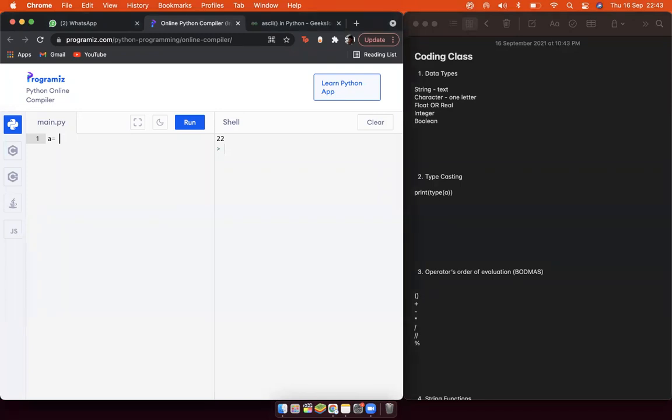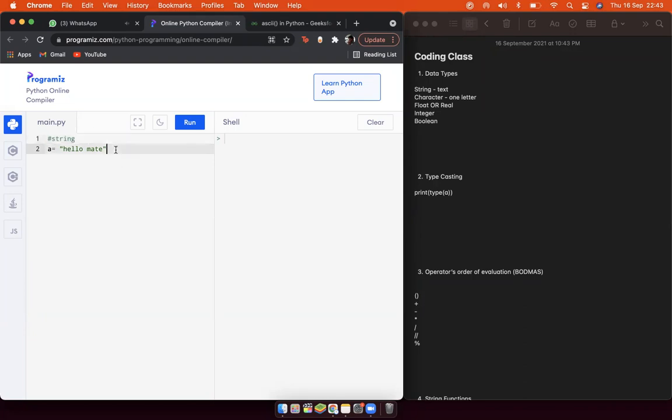For a string example, you write a equals, and then you put the double speech marks, and then you write hello mate. So this is your string, right? Also in Python, if you need to take any notes, you can at any time put a hashtag and then write something.